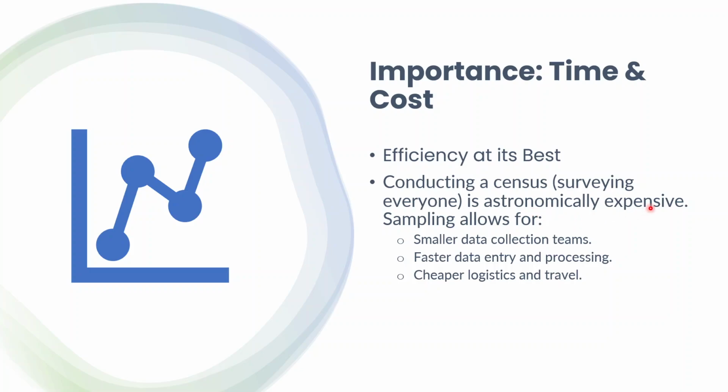It will be a very costly process. So sampling allows us smaller data collection teams, faster data entry and processing, cheaper logistics and travel. So very easily we will be able to process it and analyze and derive results